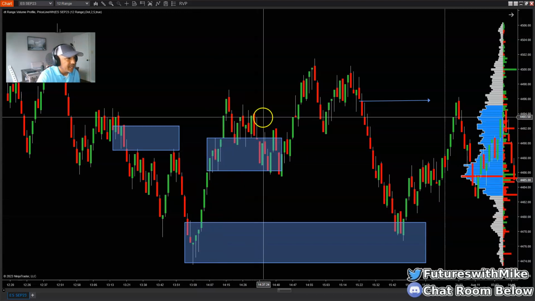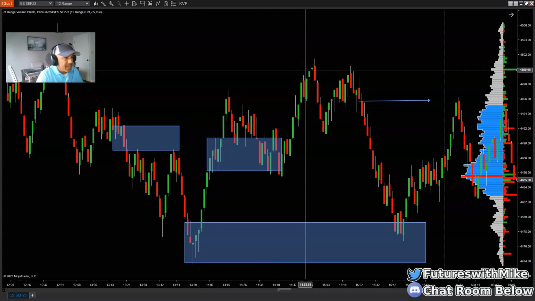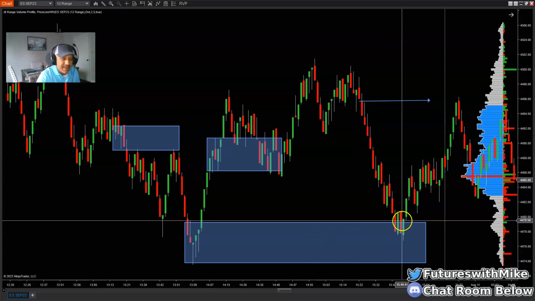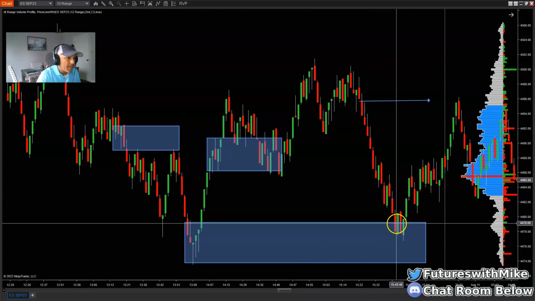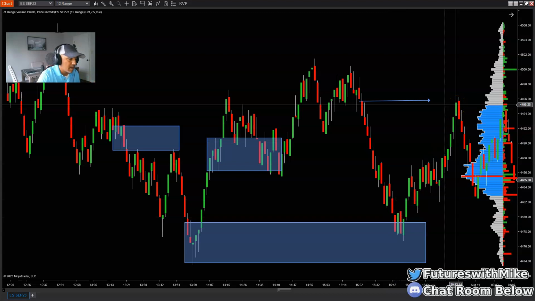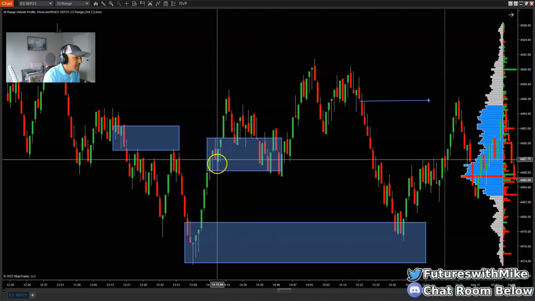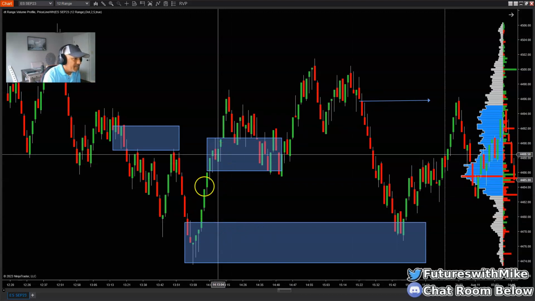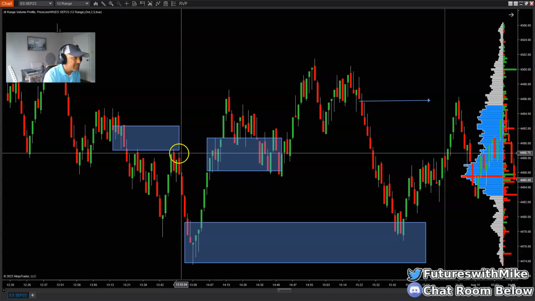So, yes, it does push up higher, but I would be interested in looking back down here for an opportunity to take a long, all right? Just think about when you take trades as a support and resistance style trader, trading the upper end or extremity of a move to the upside after it's taken out or broken through a key area of resistance.